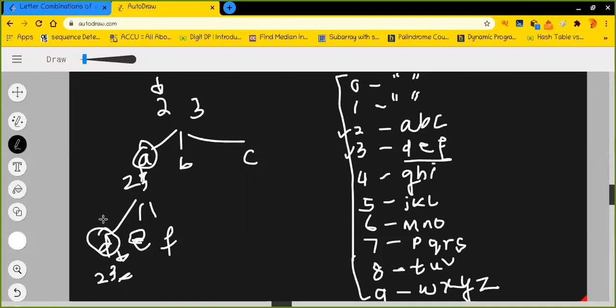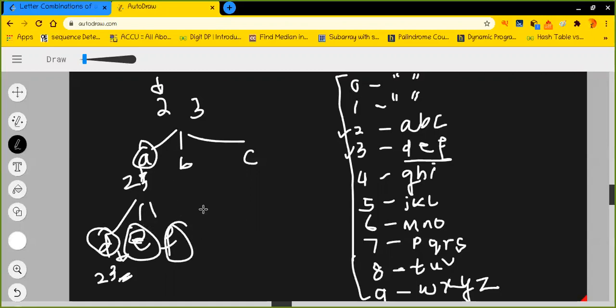Similarly, I'll go back, and I'll move my pointer ahead, which was initially pointing to 3. When I move ahead, I will point to an invalid index. Similarly, I will stop here, and I will declare that another letter combination is AE. Similarly, AF, right?